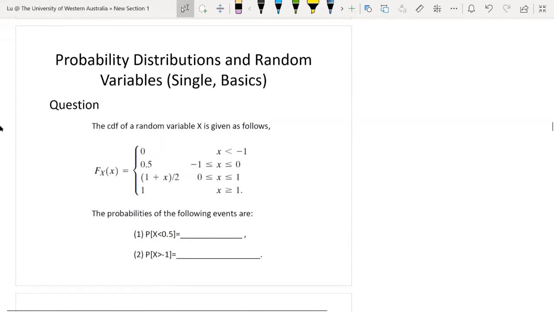Okay, let's move on. There's a small exercise testing to see if you have understood the concept of the CDF function and the properties. In this question here, the CDF function of a random variable x is given. What is the probability of the event? So this is the whole question. So I'd like to draw this CDF function